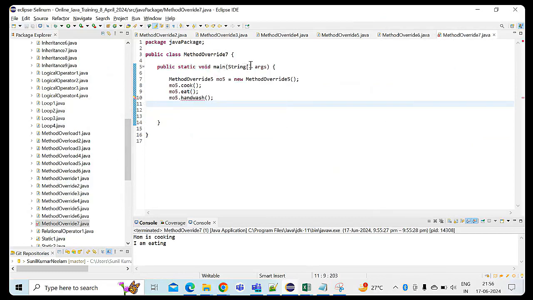Public static void main, String args, method override demo 5, method override 6. Okay, so this one may not work here. With that, I'll show you another example. Okay, now coming to